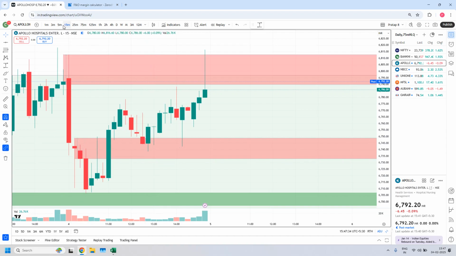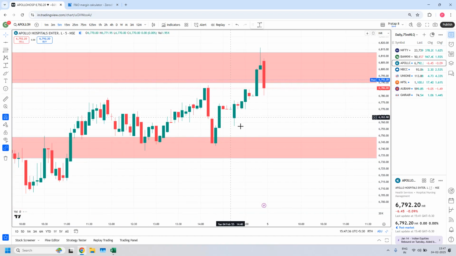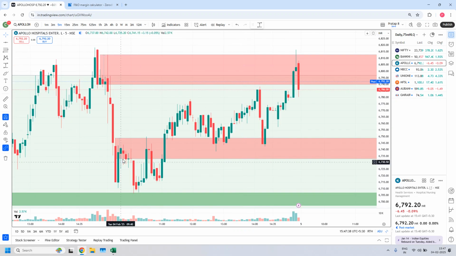Why is it violated? Is the 5-minute structure not good? Let's see. 5-minute structure, okay, no issues with the 5-minute structure. Not a problem with this 5-minute structure. Okay, anyway,